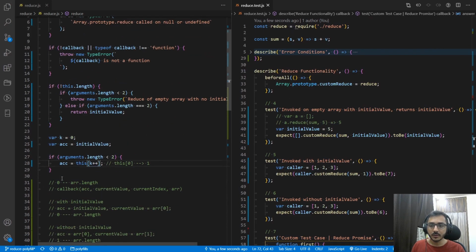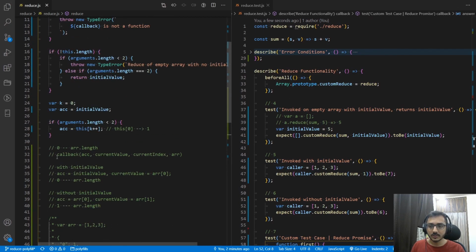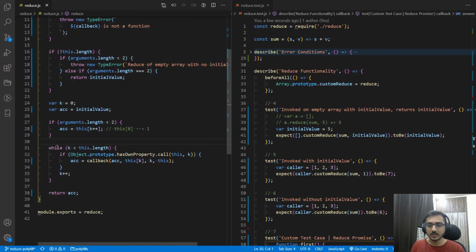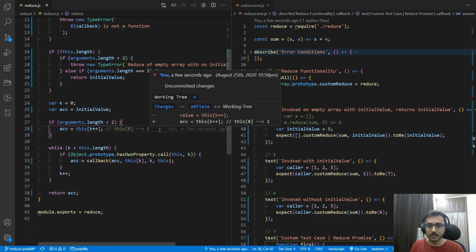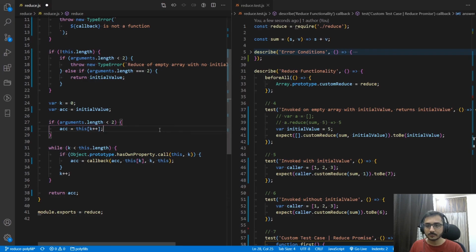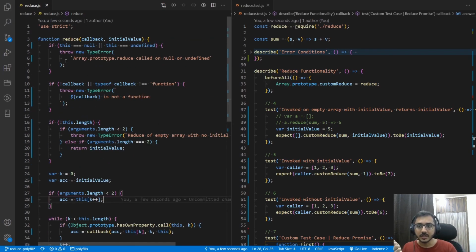This is our polyfill. If I remove this, it is our working solution. We saw the error conditions where this should exist, it should not be null or undefined. If it is, then it will throw an error. Callback should be there, it should be a function. If not, then throw an error. If invoked on empty array with no initial value, then we'll throw an error.